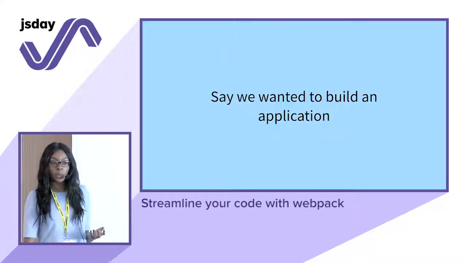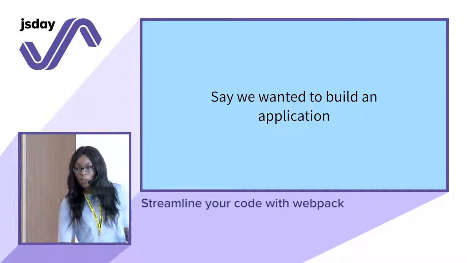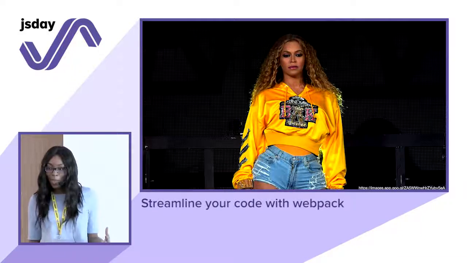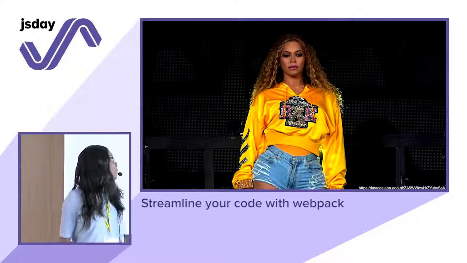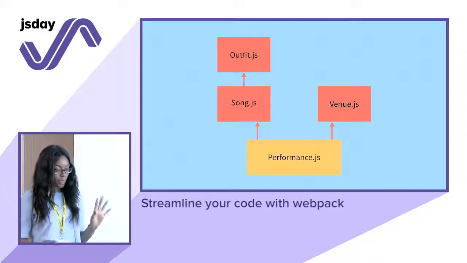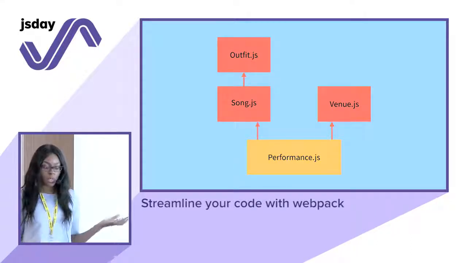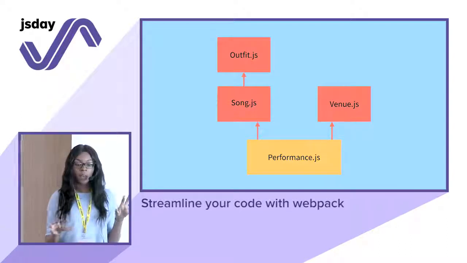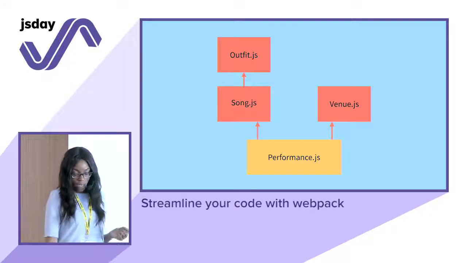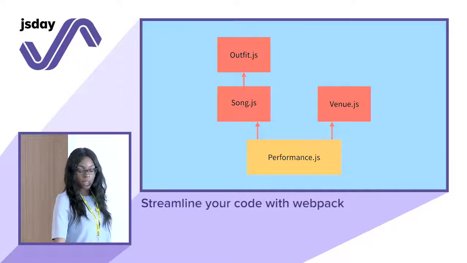So let's say that we wanted to build an application. Let's work through this process. I have to make it about someone good, so I chose Beyonce. So let's make an app that will build us a Beyonce performance. So we'll set it up a bit like this. We've got 4 pieces, and this is probably quite similar to the way you write modern JavaScript today. It's clearer to split up our code into small chunks, so it's easier to understand and review and maintain. And it's so small that we're going to have a single entry point down here in performance.js.